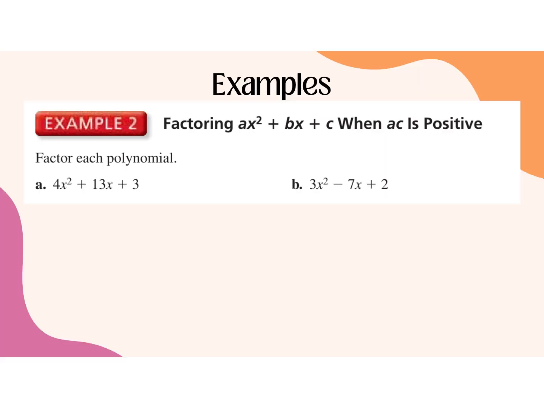All right, so when you cannot take out a GCF, let's look at example A, 4x squared plus 13x plus 3. Between 4, 13, and 3, they don't share any common factors other than 1. And if they share a factor of 1, you don't want to take that out, that's a little redundant. So what we do instead is we do similar skills to what we did in the previous lesson,